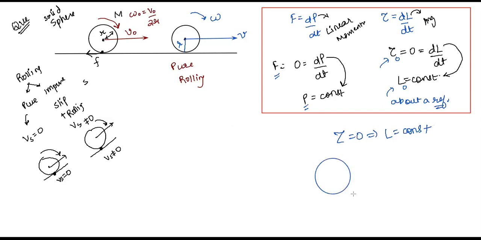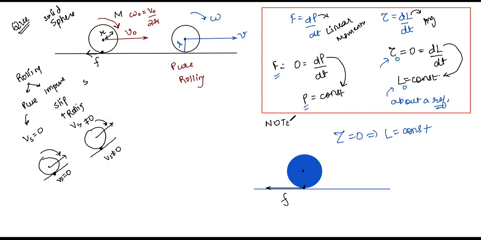Now, when I talk about this solid sphere, here is your solid sphere. What is happening in the solid sphere? It is moving in the forward direction by rolling condition, right? It is moving in rolling condition after some time, and initially it is slipping, correct? Now let us see what all forces are acting on this particle. What will be the force acting in order to make the rolling possible? Try recalling. Friction. Yes, frictional force, absolutely correct. Do you remember, Atul, I had given you all a note that for rolling, friction is necessary? Yes, sir.